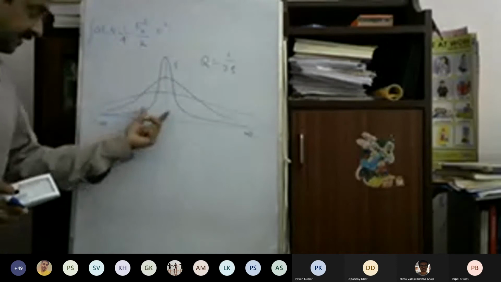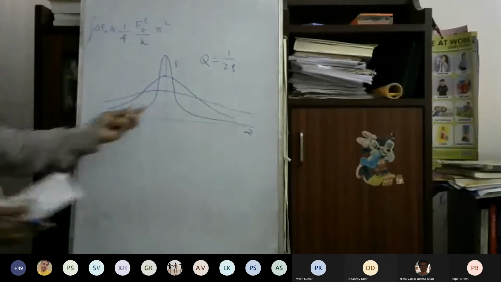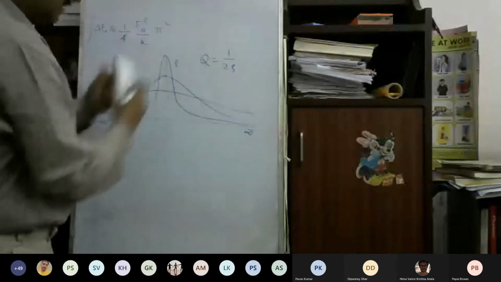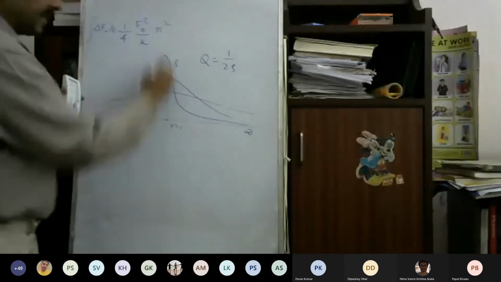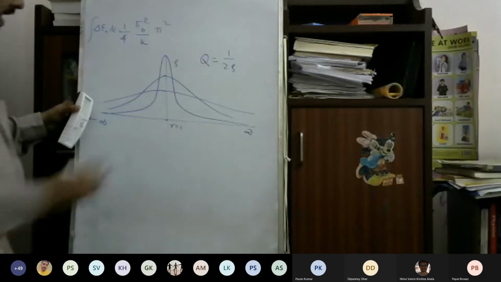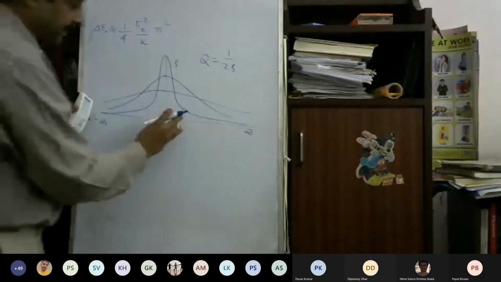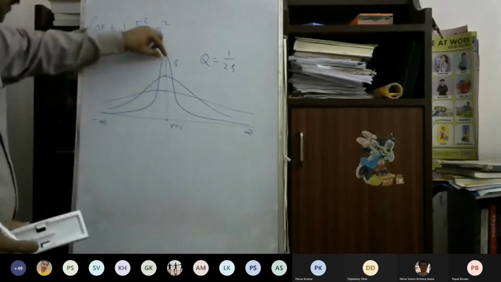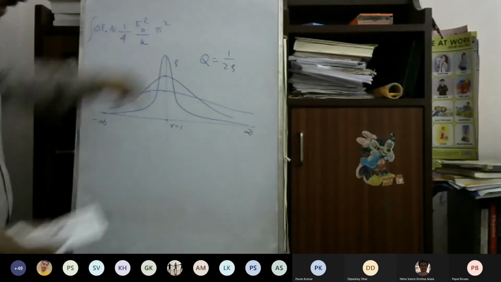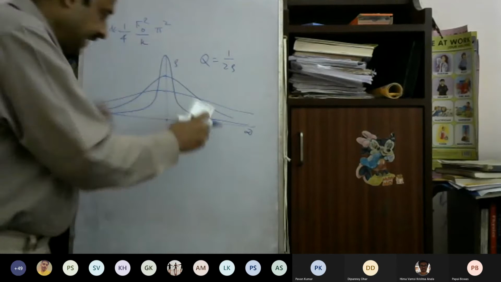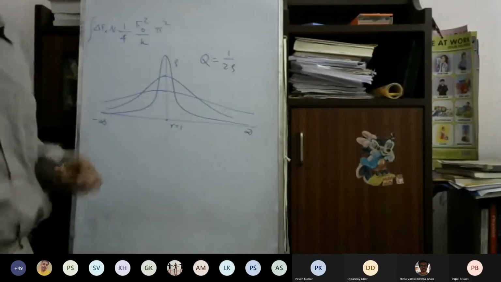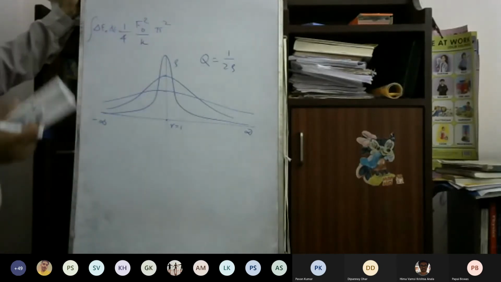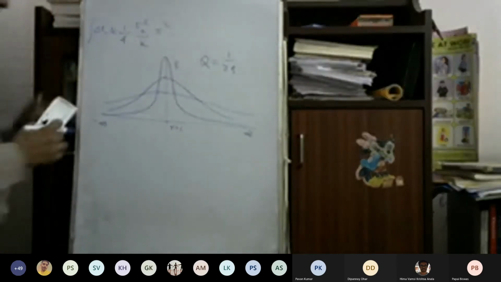So as the damping value decreases, this energy dissipation curve becomes actually very sharp. So at r equal to 1, you will get the maximum dissipation. Very close to r equal to 1, the energy dissipation will be very small. Okay, so for a low damping, but if you have a high damping, then over a larger bandwidth, you will get appreciable energy dissipation. So this is what we have observed from mathematics,